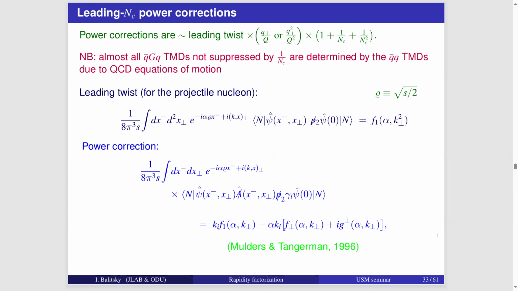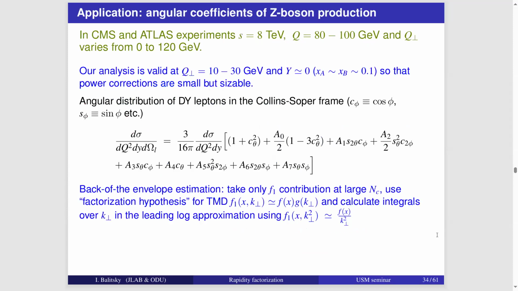This fact was known for a long time after the paper of Mulders and Tangerman, in which they calculated this correction, but didn't calculate that. I don't know why, maybe the machinery was not developed enough at that time. I have made this calculation of the 1 over Q squared correction,